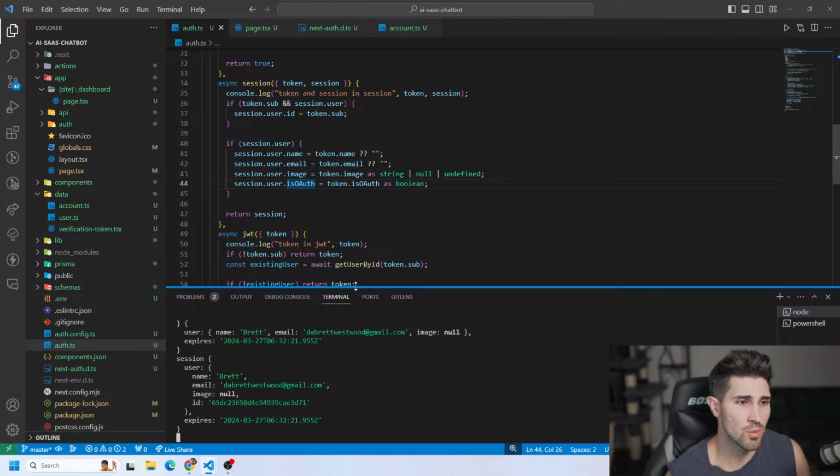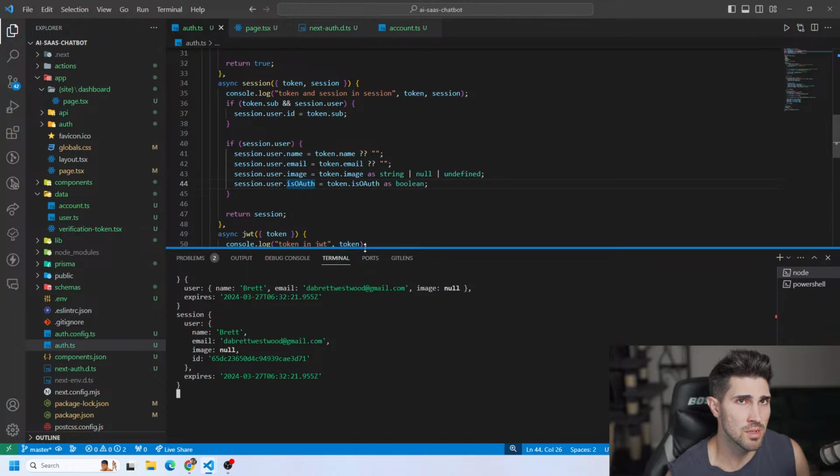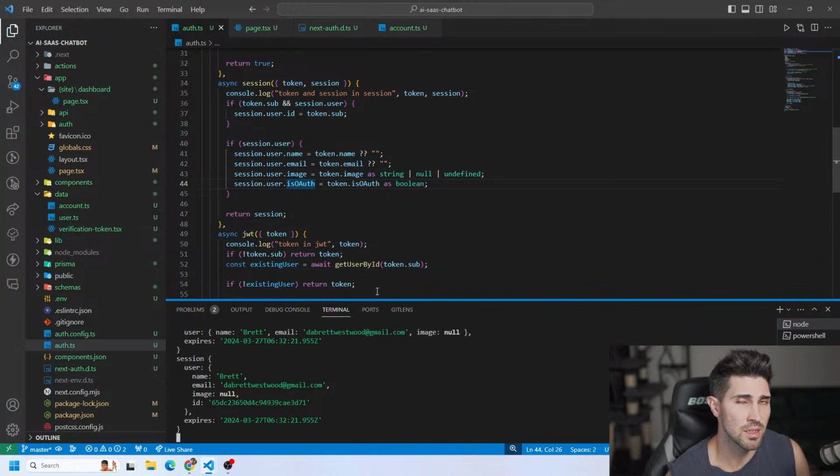I don't think we're sending everything. For example, we are sending the ID, the token ID, which we don't have to send. So if there's a token.sub, we can make the session